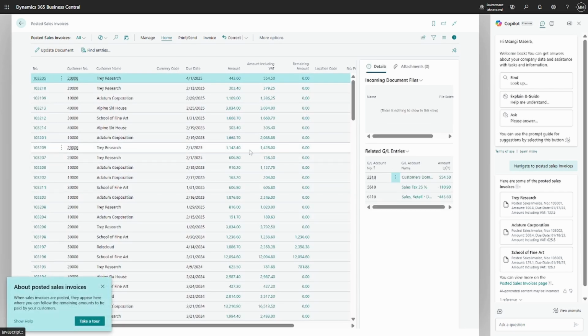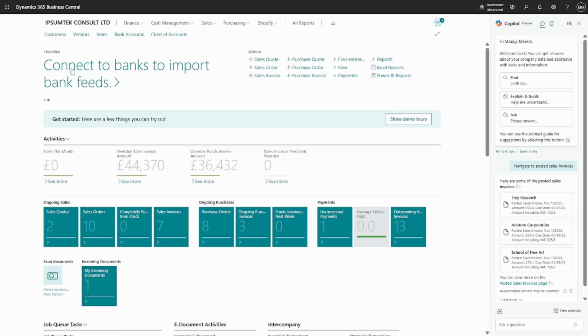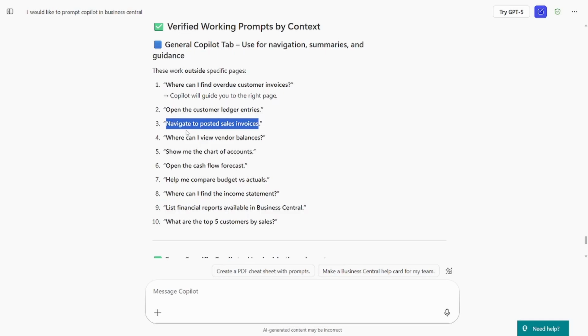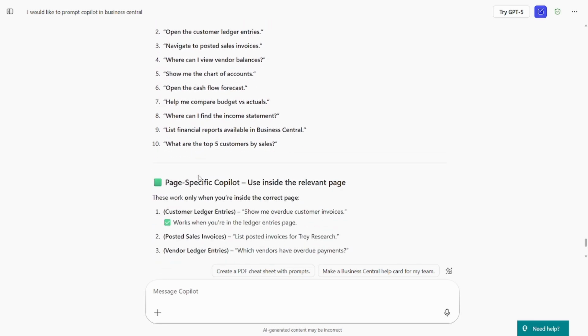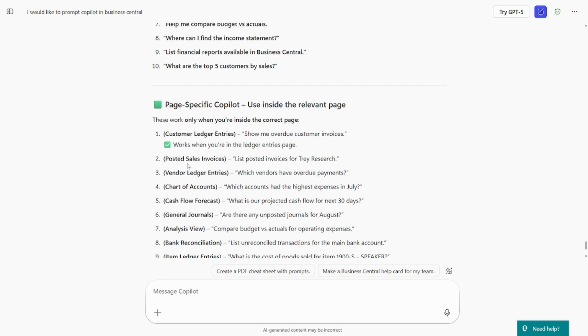Of course, it's working and it's giving me the details, but is it really giving me the analysis that I need? And open the cash flow forecast. Where can I find the income statement? But we can see clearly the general Copilot is to lead us into the page specific Copilot, which is more